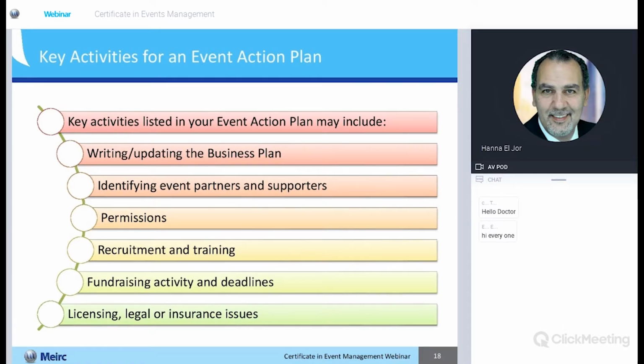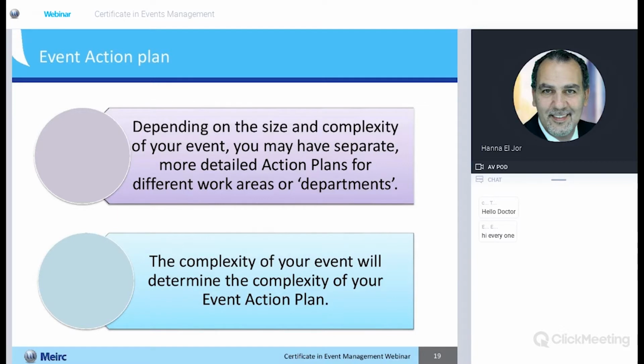Of course, it depends on how big, how extensive, how complicated our event is. If it's a small event for our internal audience, our employees, that we do once every 2-3 months, of course, legal and insurance issues shouldn't be involved and we shouldn't worry about them. But here we're talking about something more in depth and more complicated. We're talking about big international events.